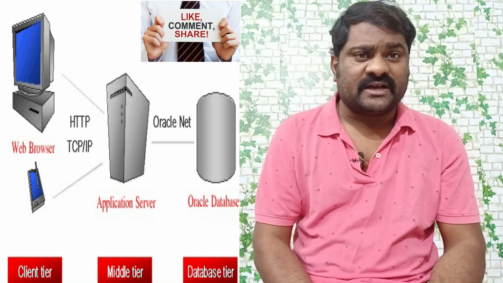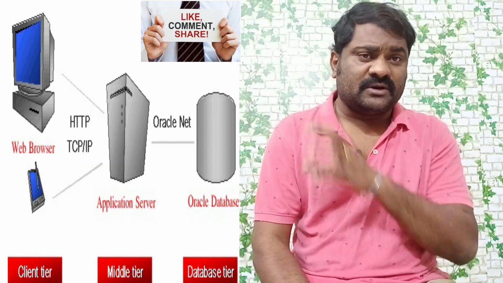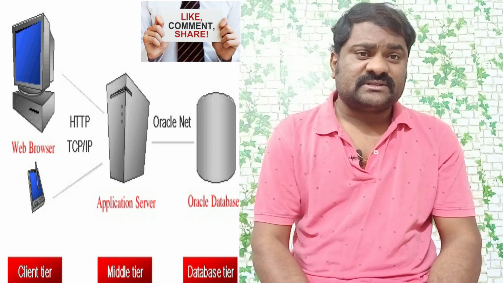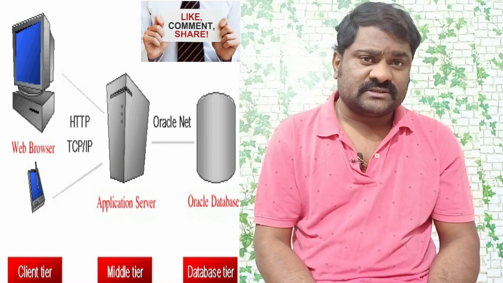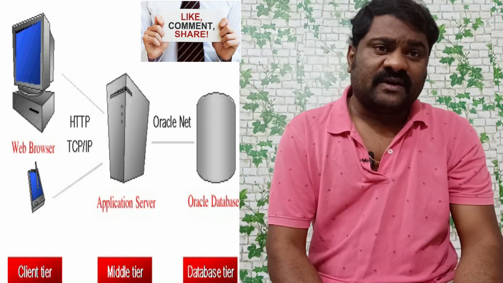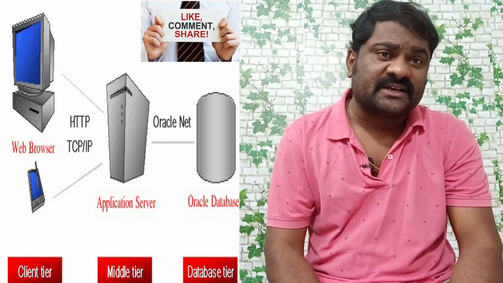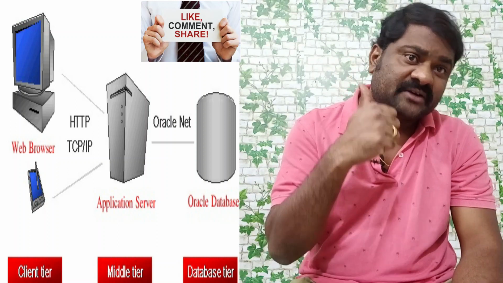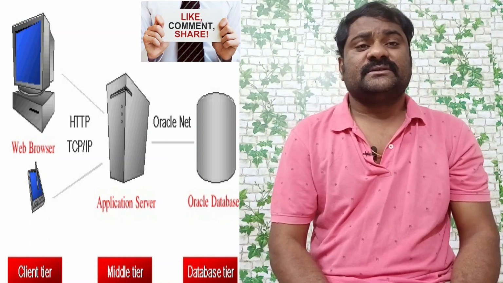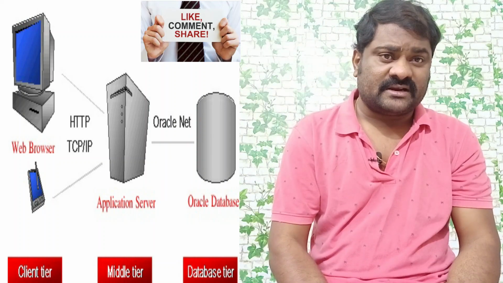See here, I showed you one diagram. One server is there and multiple browsers are there. Multiple users: 100 users means 100 laptops, 100 browsers. So one server, and that server consists of the application. Multiple users are trying to access that particular application. Is it clear? So here client server architecture is there if you observe clearly.